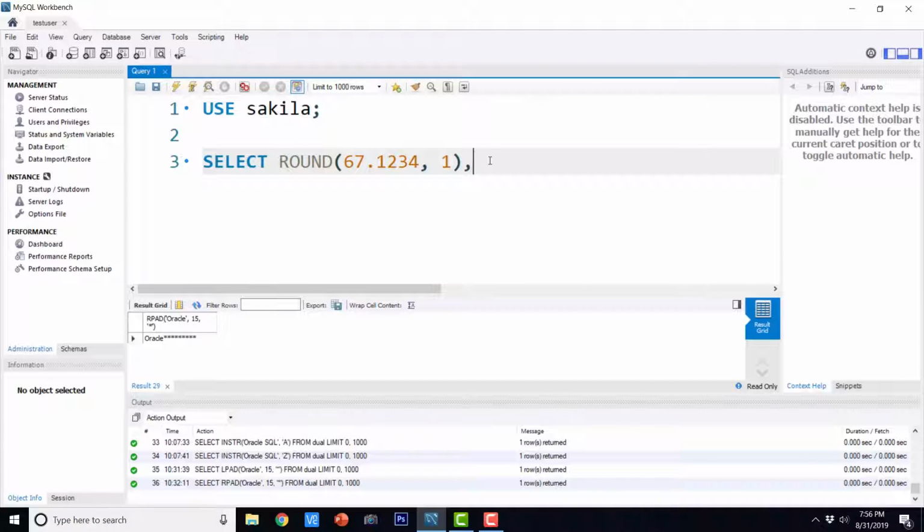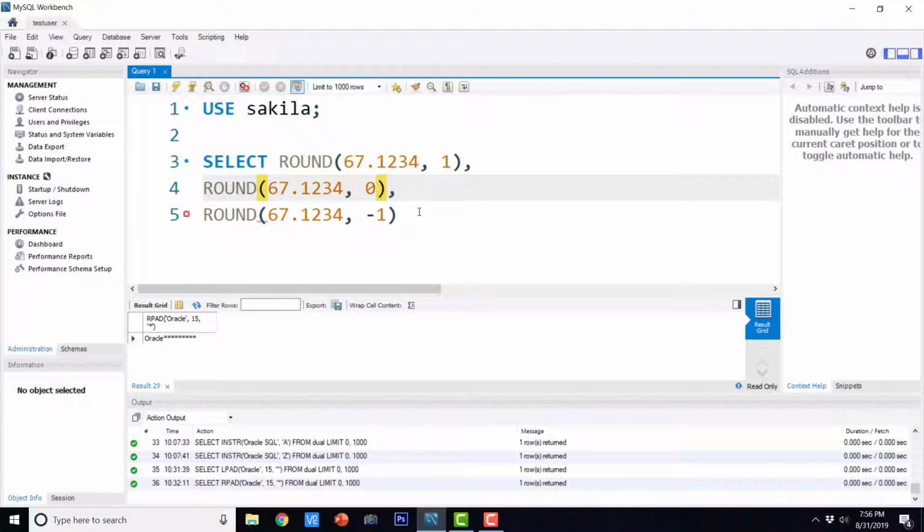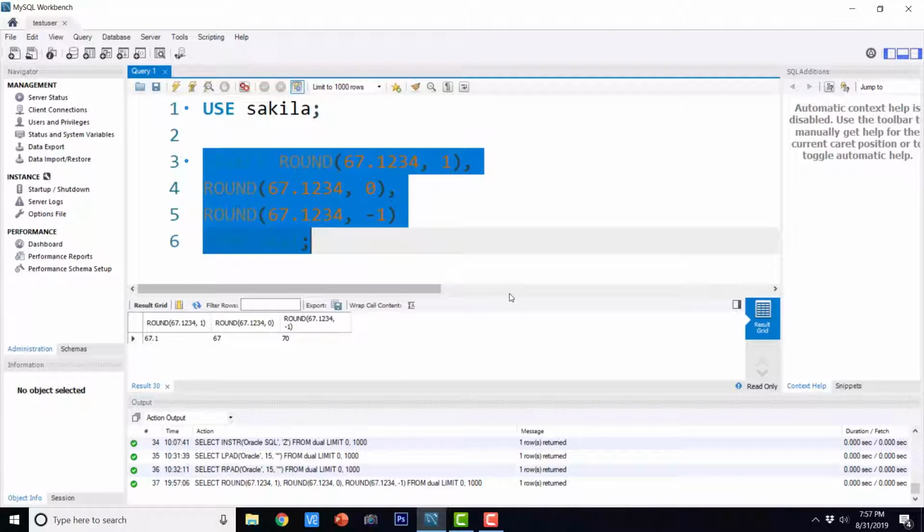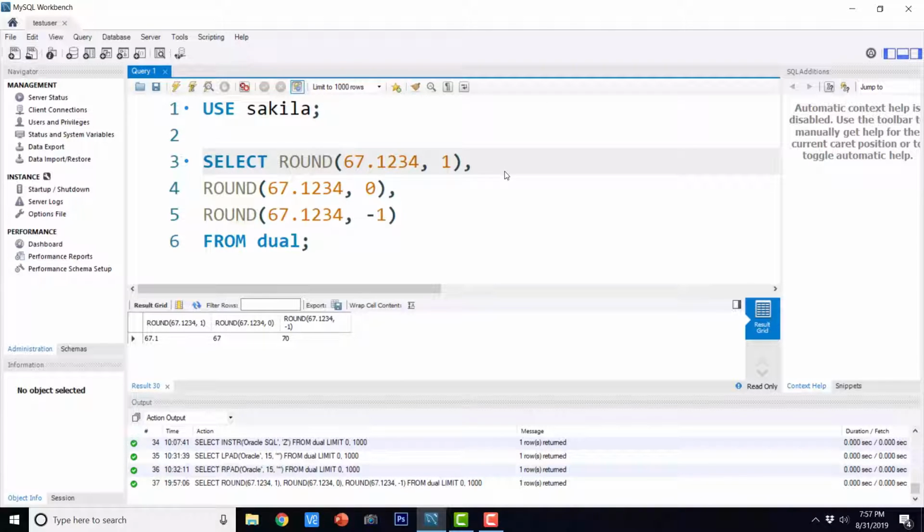I'm going to copy this now, and let us say 0, and let us say -1. Let's add a comma here, and we obviously need to select it from dual. I'm going to execute this and show you the output. So this is going to round it.